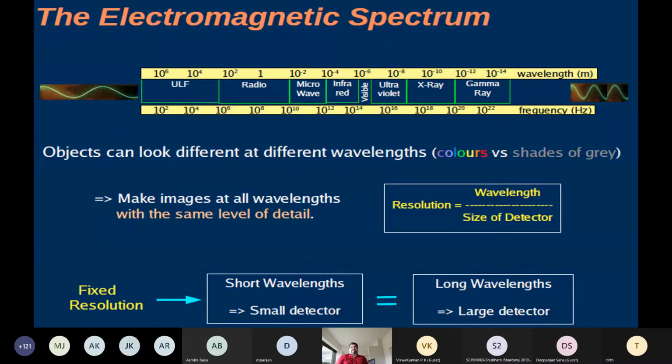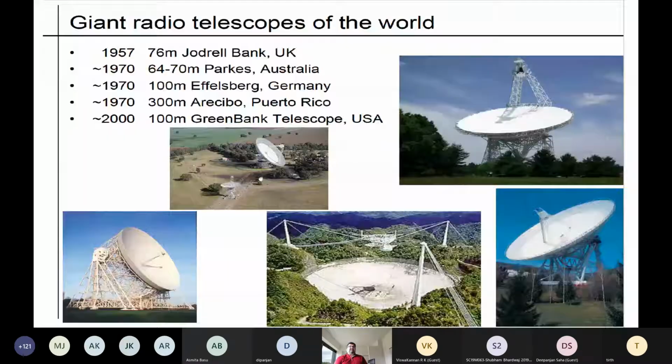But the size of the detector cannot be varied from a few millimeters to a few meters. It is fine if you go from a few centimeters, but suppose you're going to a few tens and hundreds of meters, that becomes an overarching problem, because at some point the size of the dish you need to have, the size of the detector, is impractical and infeasible to build. So let's keep that in mind.